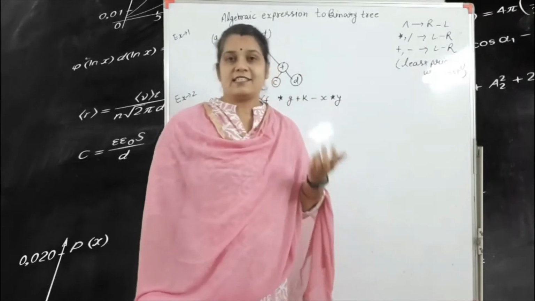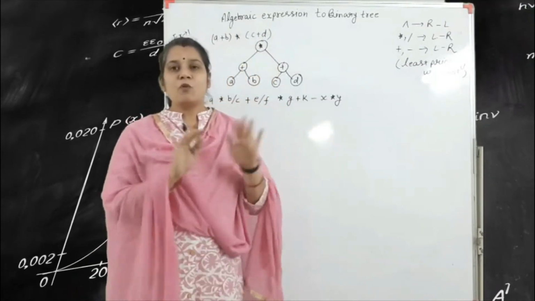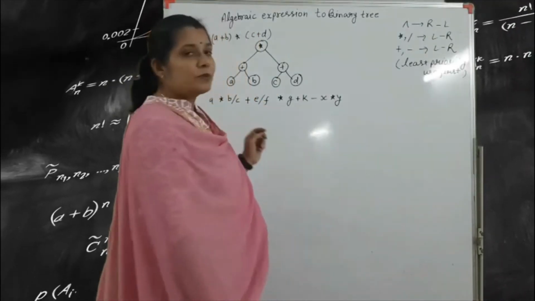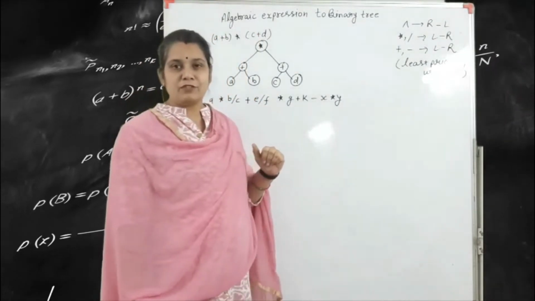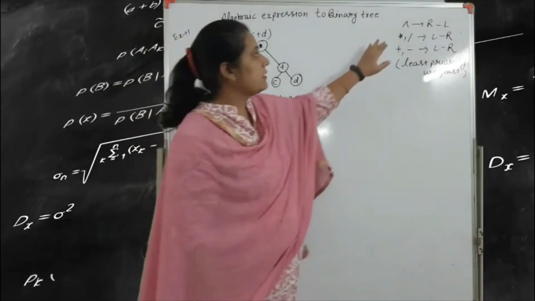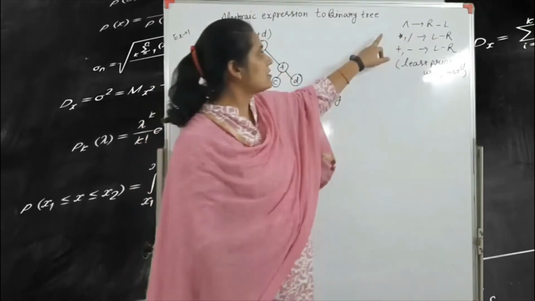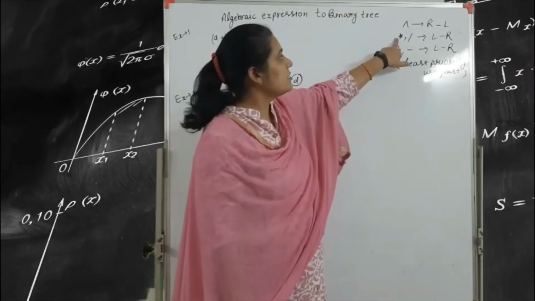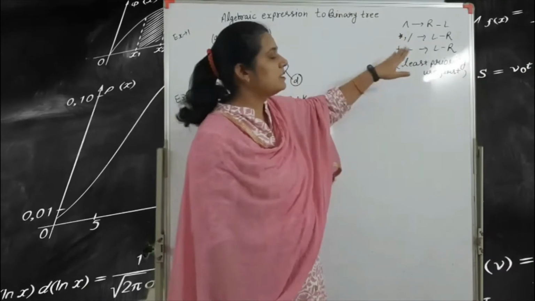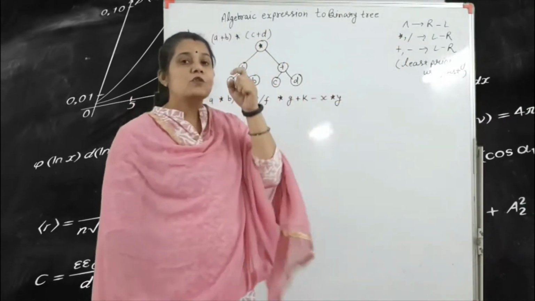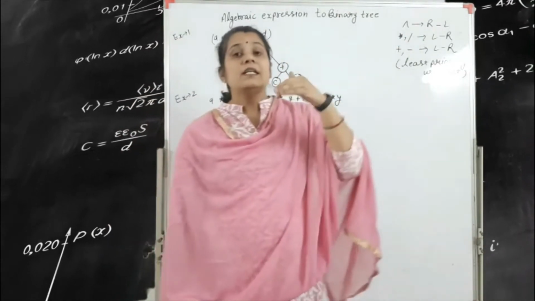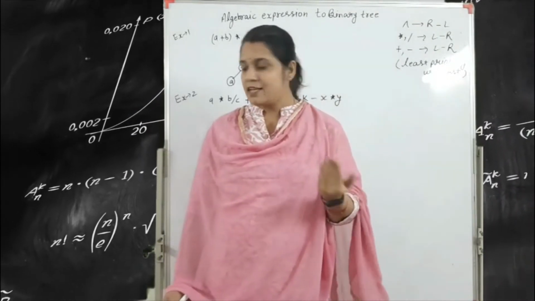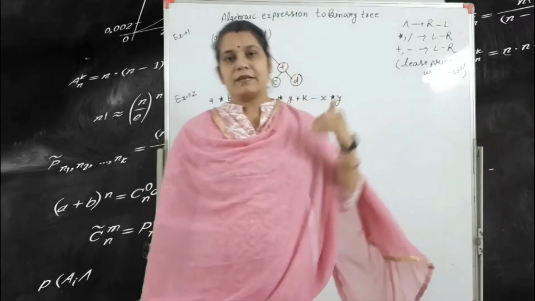Okay. But in case a question is given in the open form, that is not included in any bracket. Okay, so what is the process for this type of question? So always keep in mind all these 3 points. First, you use this operator or algebraic expression. Second one is star and slash, and third one is plus and minus sign. So always start from the least priority. So least priority is plus and minus. So start from the plus and minus sign.